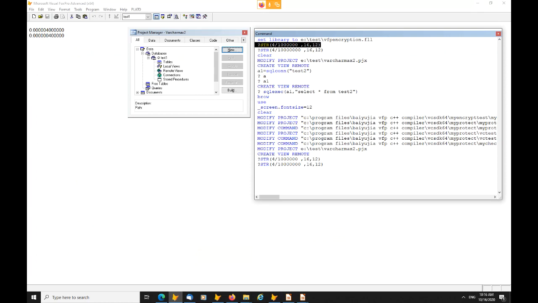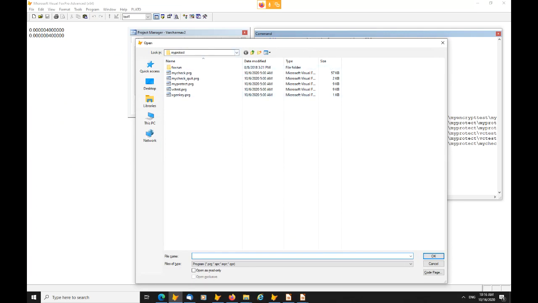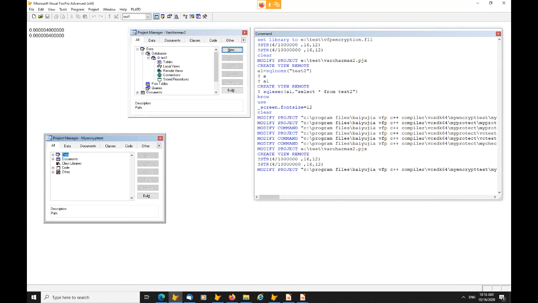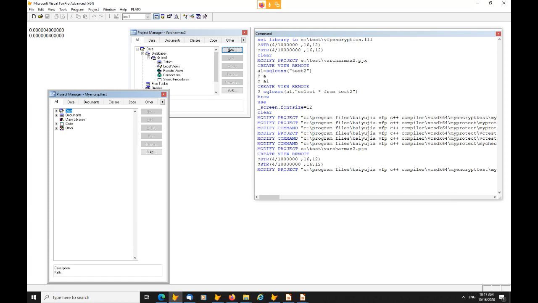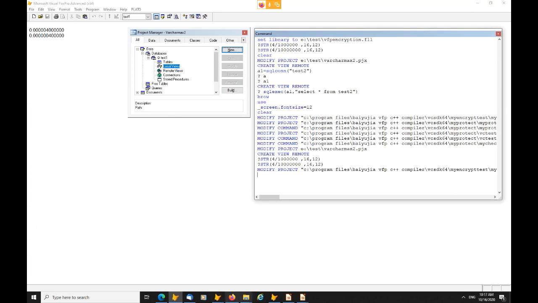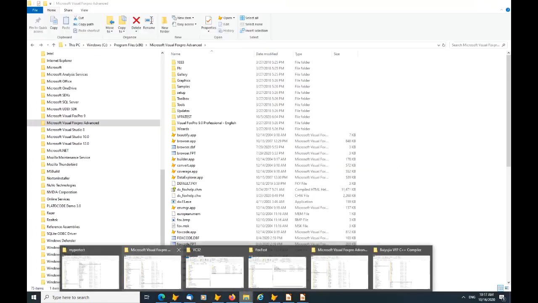What does it actually do? Well, if we come into here, I'm just going to open a project, because the easiest way to show you some of the stuff that it can do is by opening projects that provide functionality. So this is one of the samples that ships with VFP C Compiler. It's my encrypt test, and it's a standard VFP project. And basically, when you use the VFP Compiler,